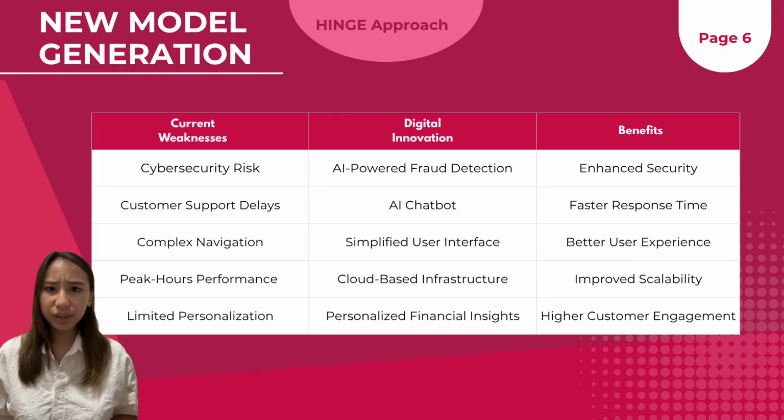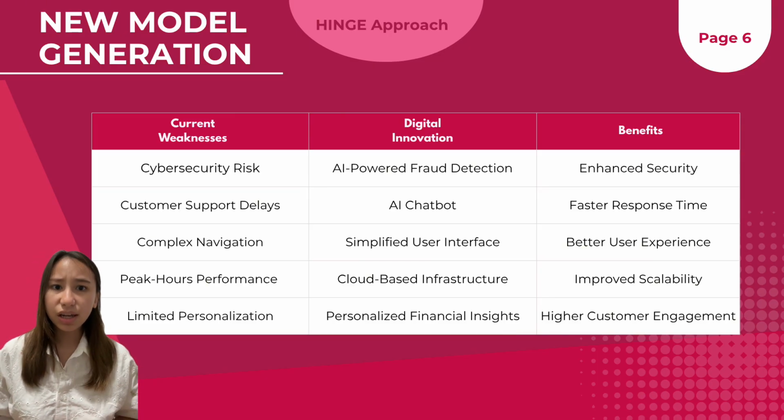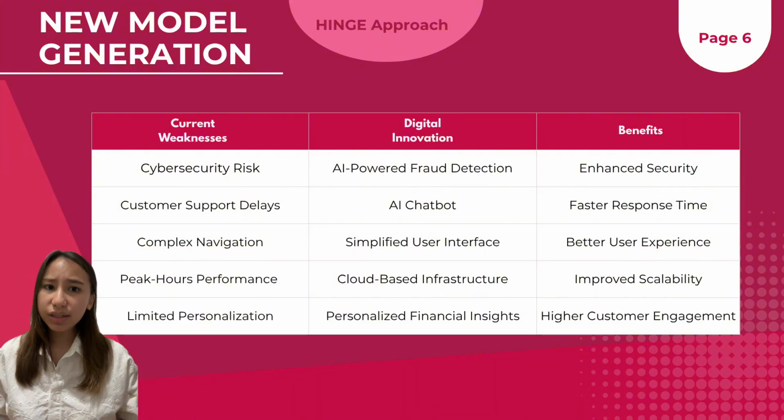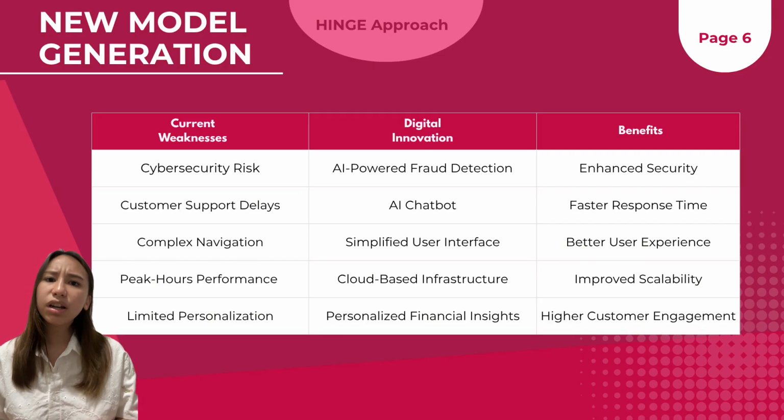The third improvement addresses complex navigation and usability challenges. A simplified user interface with clear navigation and a more intuitive design can make the application easier to use, particularly for first-time and elderly users. The fourth improvement focuses on peak hour performance issues. By adopting cloud-based infrastructure, Bank Islam can improve system scalability and reliability, ensuring smoother performance during periods of high transaction